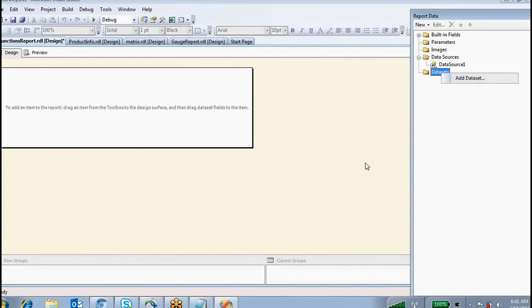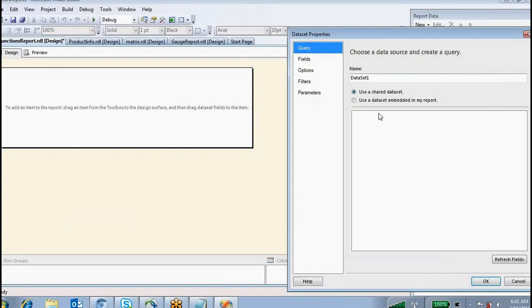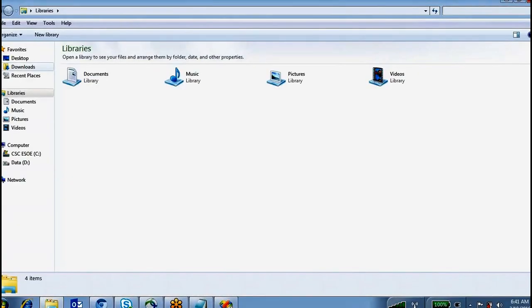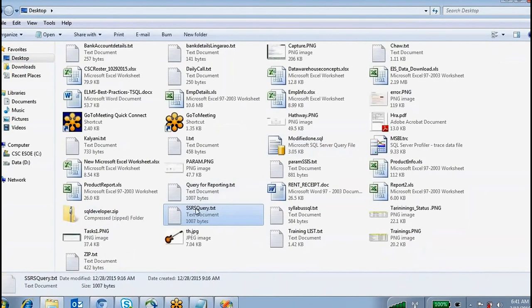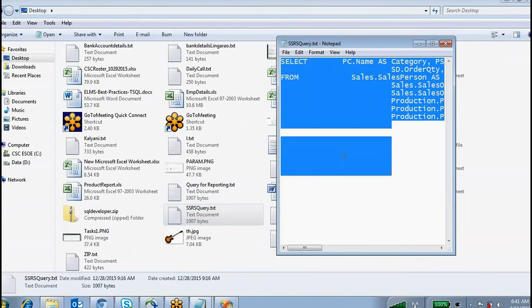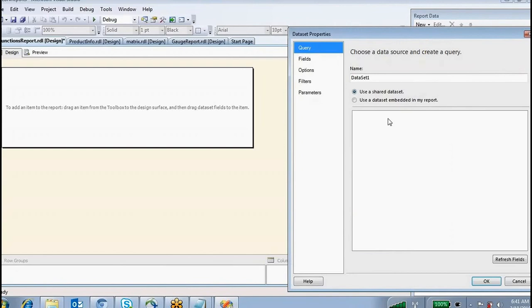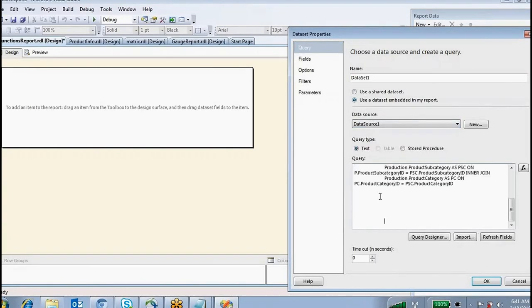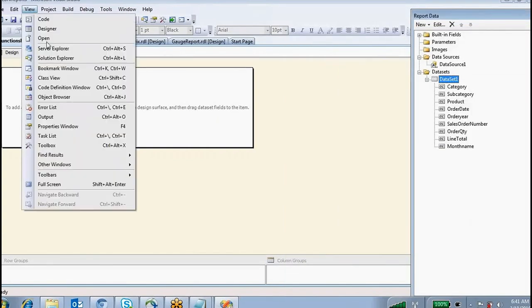And data set. You share data set. Okay, click OK. And take one table report.